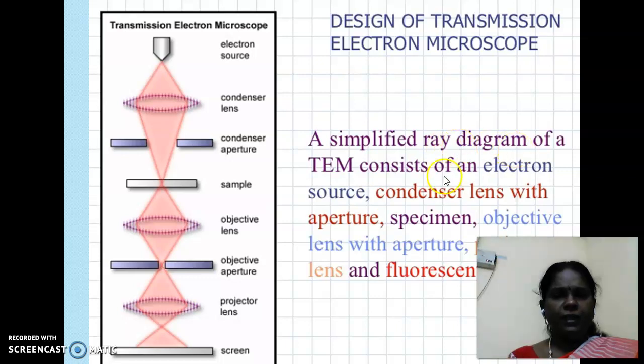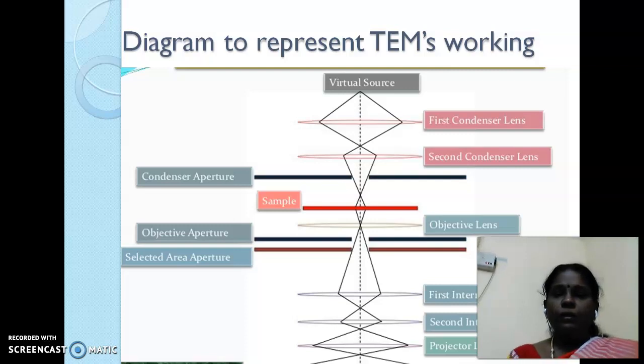The simplified ray diagram of a TEM consists of the electron source, condenser lens with an aperture, specimen, objective lens, objective aperture, projector lens and screen. This is the basic model. Now the condenser and magnification lenses can be in stages. First condenser, second condenser lenses are used, condenser aperture, objective lens, objective aperture, selected area aperture to get the diffraction pattern, and intermediate lens, second intermediate lens for